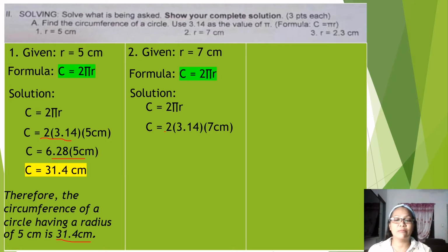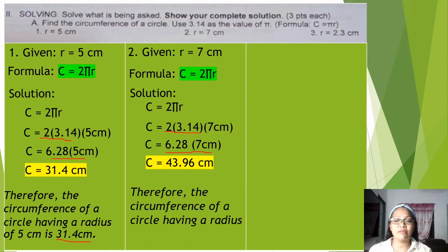Following the order of operation, we multiply first 2 times 3.14. So we have now 6.28, and then multiplied by 7 centimeters. So 6.28 times 7 centimeters is 43.96 centimeters. Therefore, the circumference of a circle having a radius of 7 centimeters is